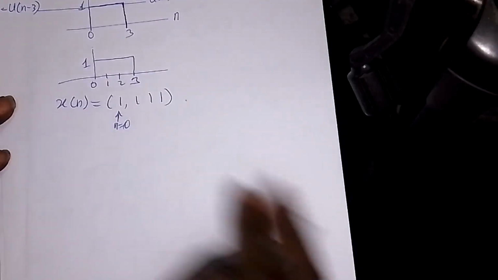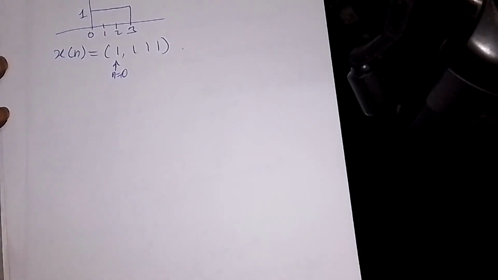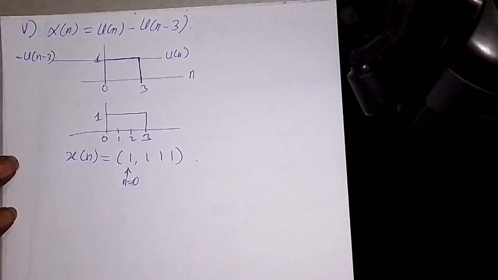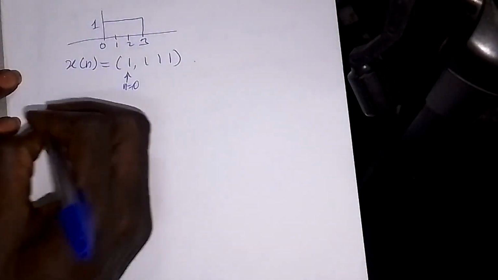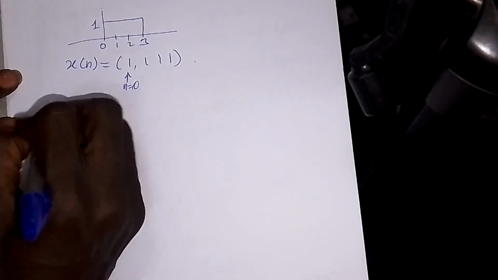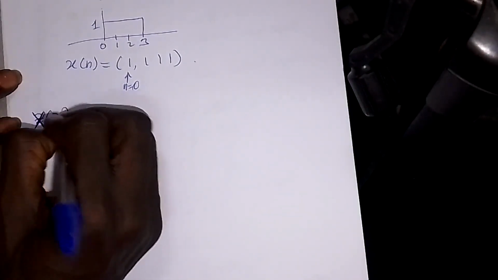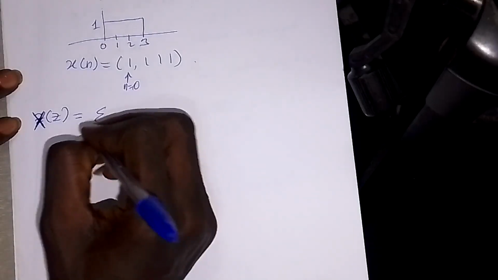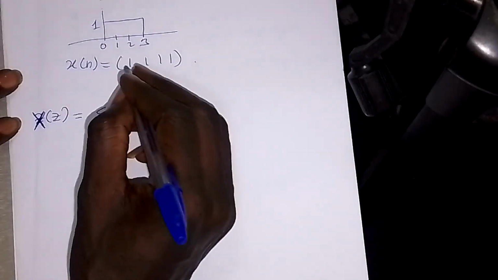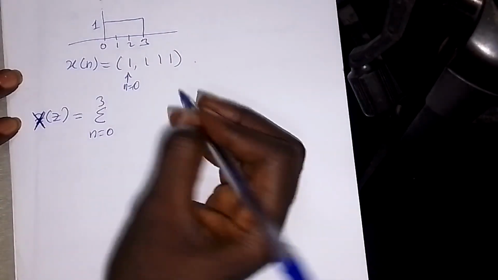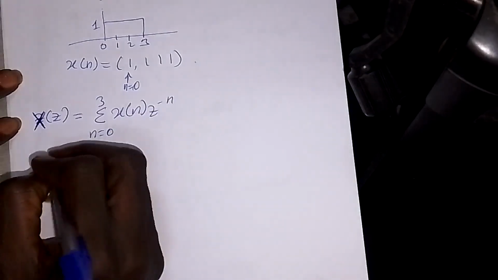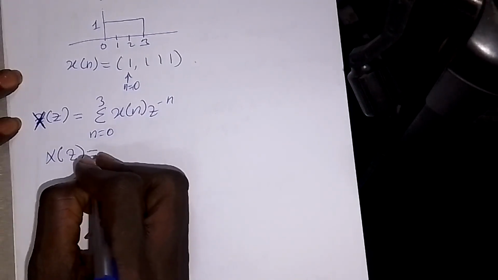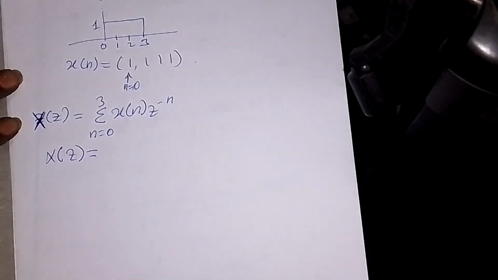Now in this case, what is going to be my x of z? My x of z, which is the transform in this case, is going to be the summation from n equals 0 to 3 of x of n times z to the power minus n. So x of z is actually going to be